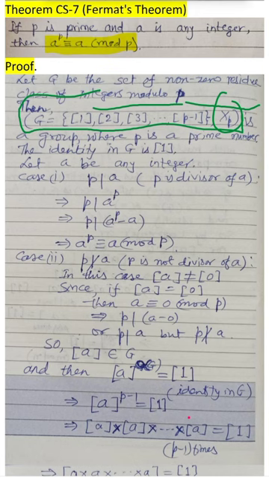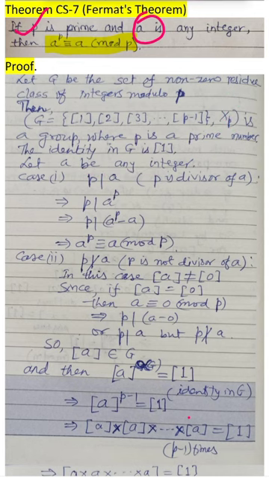So friends, here P is prime and this class 1 is the identity in G. According to this theorem, A is any integer, so let A be any integer, and this P is prime, and now there are two cases that arise. Either P is a divisor of A,